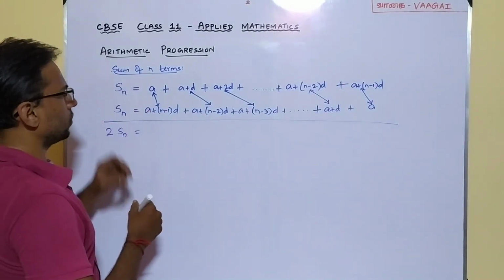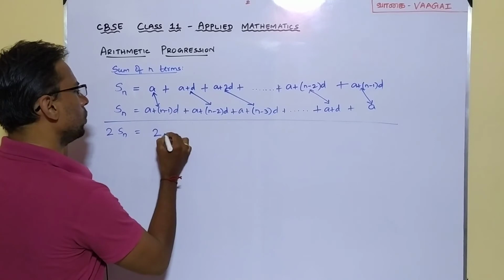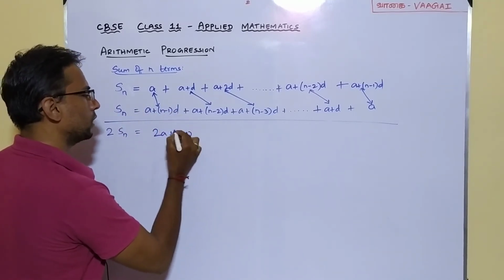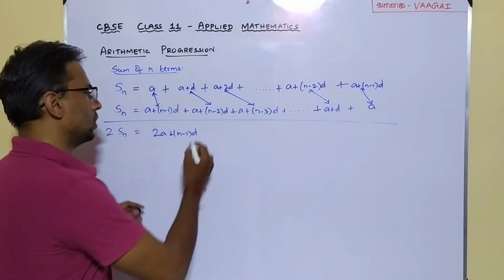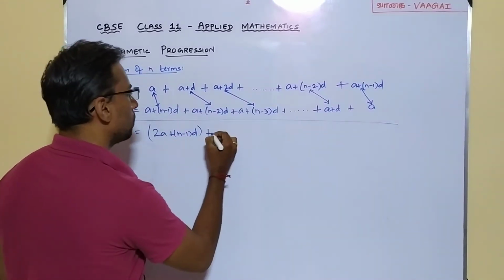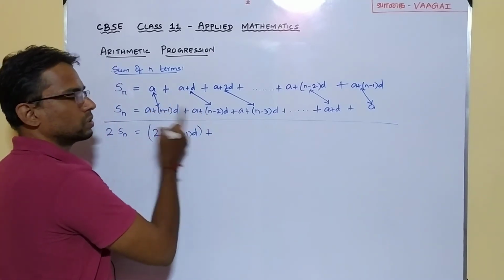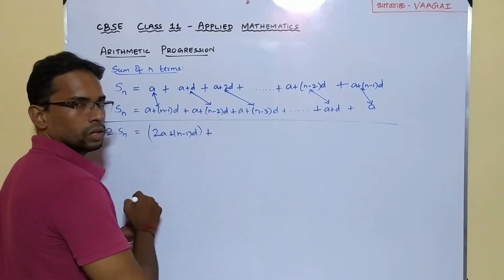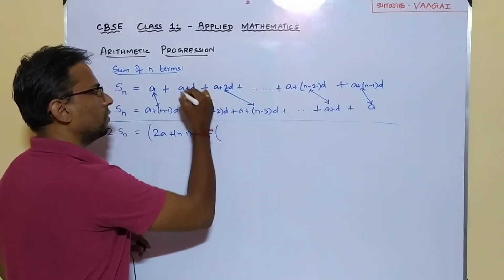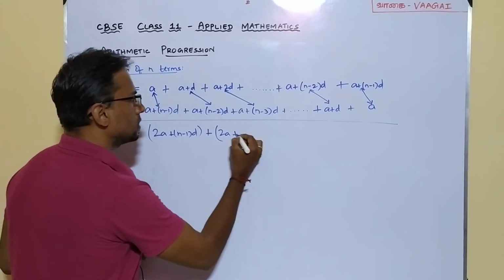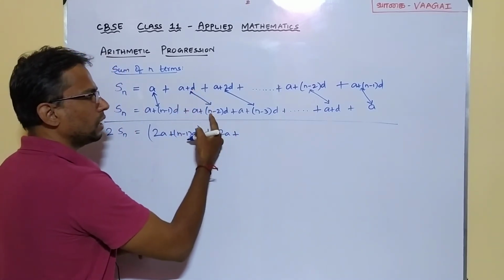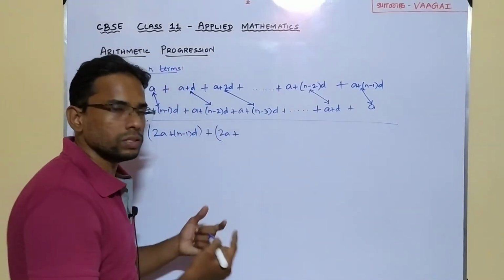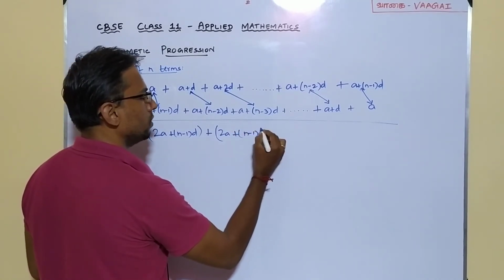If I do here for the first one, I will be getting 2a, I mean this a plus a will become 2a, plus here I will have n minus 1 into d. Yeah, this is there. So I'm just making a bracket here, plus, and I'm going to add these two terms. Hope you are able to understand it. This a plus d with this a plus n minus 2 into d. So what happens is, once again I will have a plus a, which is 2a, plus, and here I have got 1d and here I've got n minus 2 d's. So when I add n minus 2 plus 1, once again I will have n minus 1 times d.